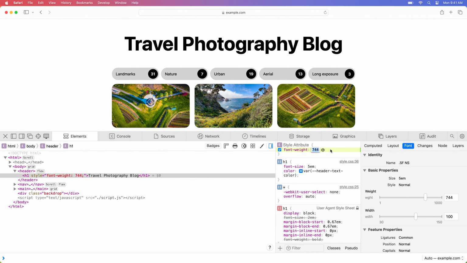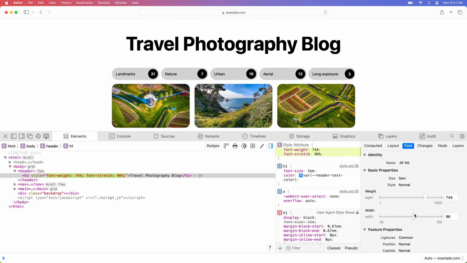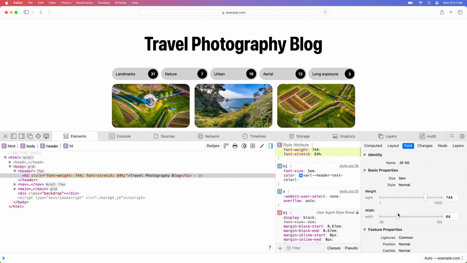Let's also try the variation axis for width to see how this looks wider or narrower. I can also type in the axis value input field, or I can hold the arrow up or arrow down keys to change the value in precise increments. I like this slightly condensed version. I'd like it a bit bolder, but I wanted to keep this width.